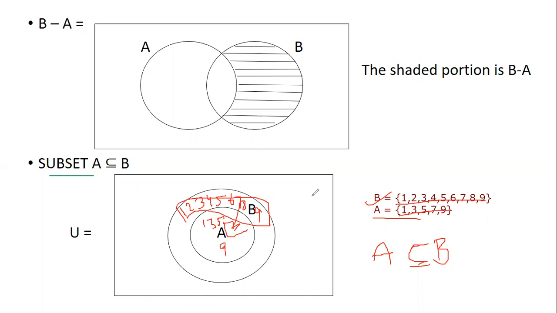Out of these 9 numbers, I'm just taking 5 numbers to A. So a subset is always represented with a bigger circle, that is the superset. Okay, B is the superset, this is the superset, and inside this you'll have a smaller circle which is the subset. Okay, so this is the subset. And always for every Venn diagram, your